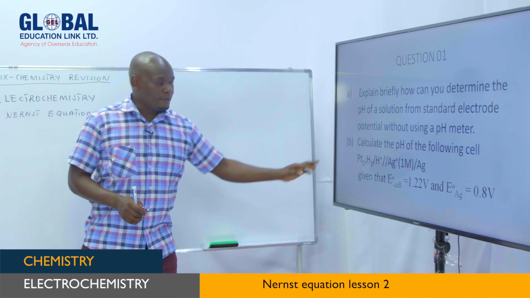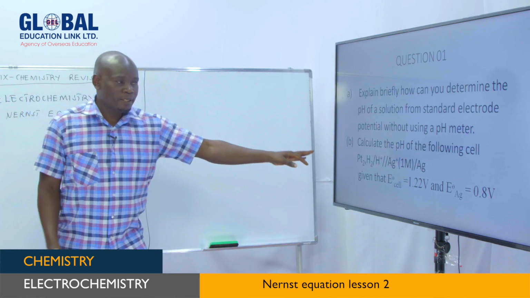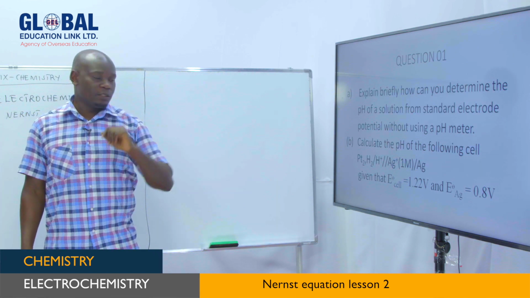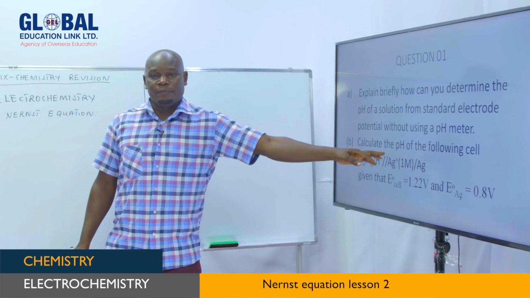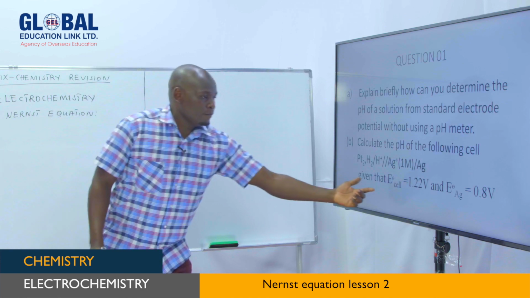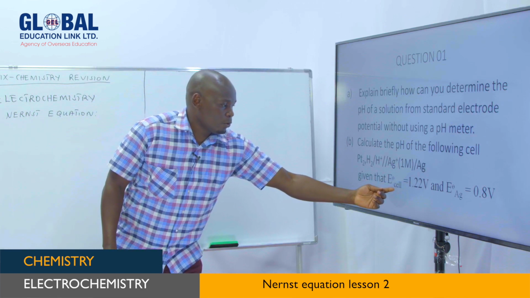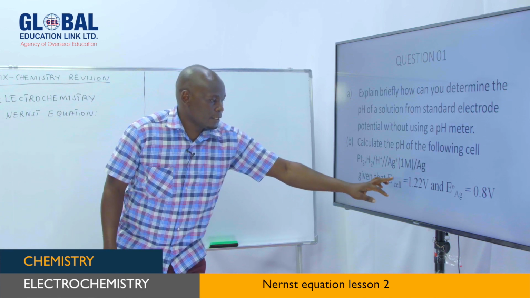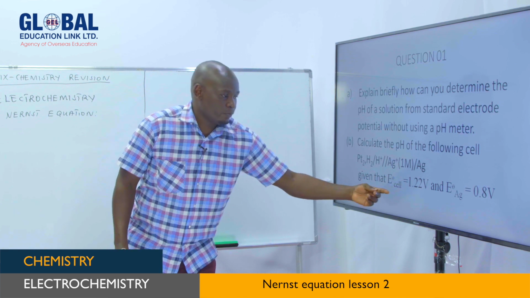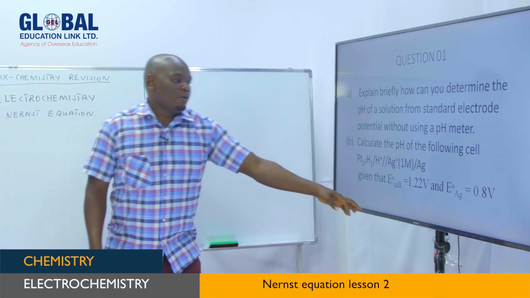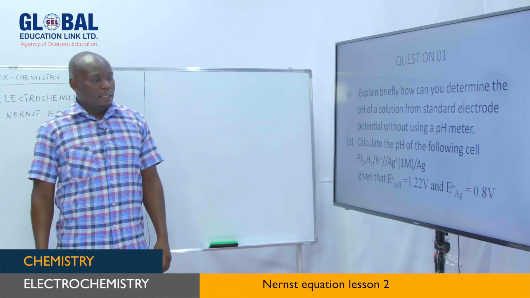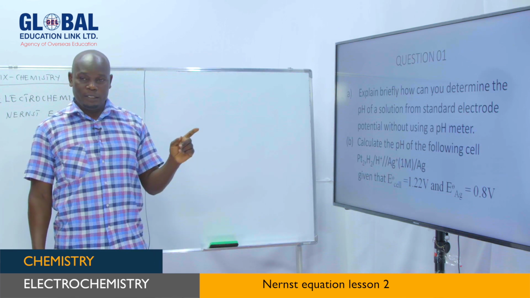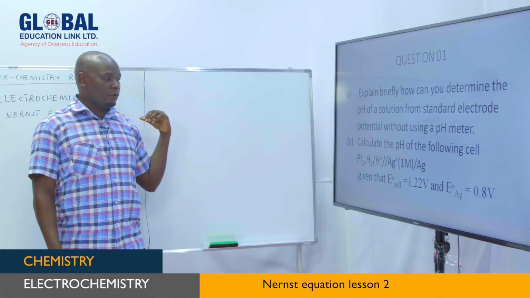And part B, you are asked to calculate the pH of the following cell, which is that of hydrogen and that of silver. And given the standard electrode potential, this is the electrode potential of a cell. And you have been given the standard electrode potential of silver. If you remember from our